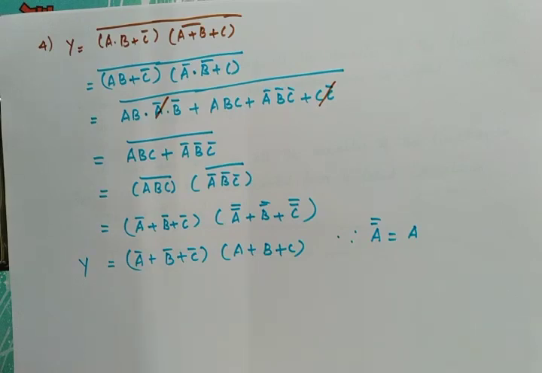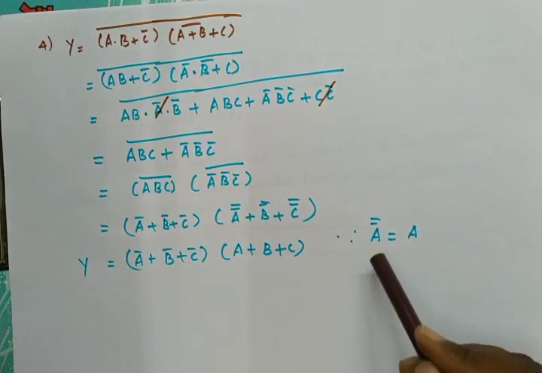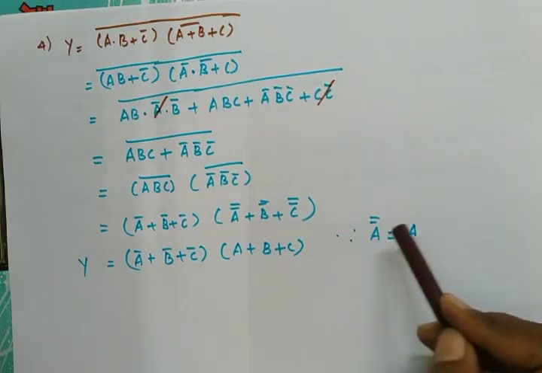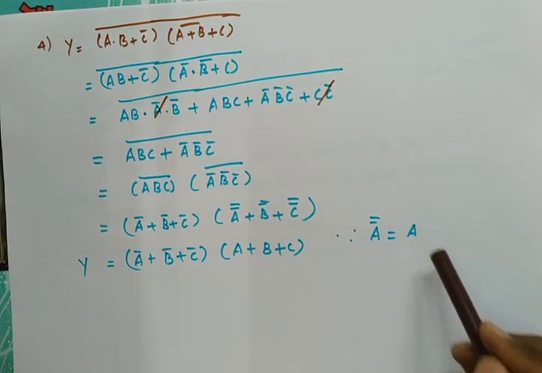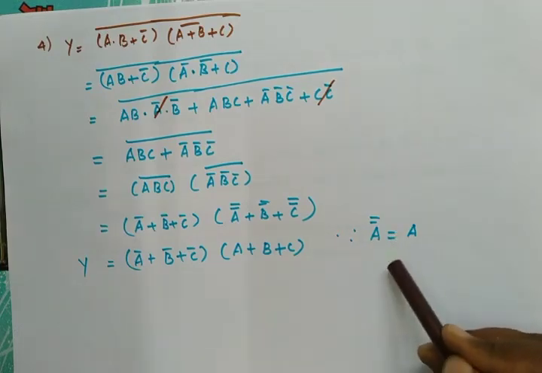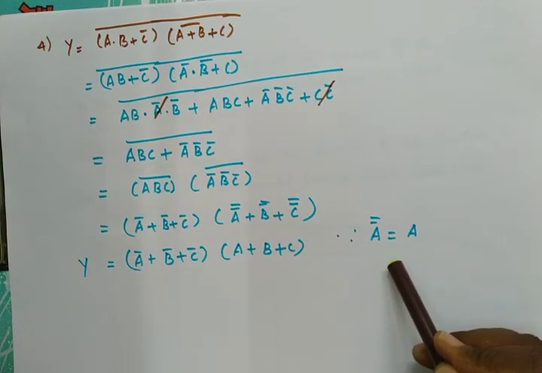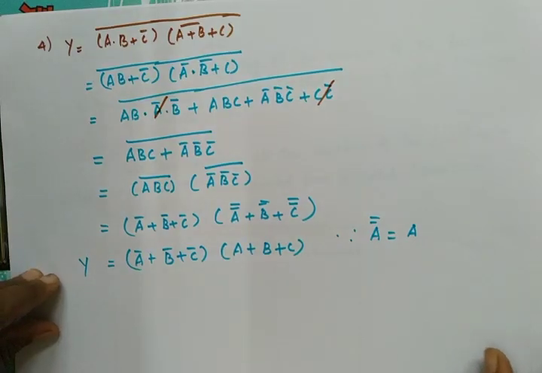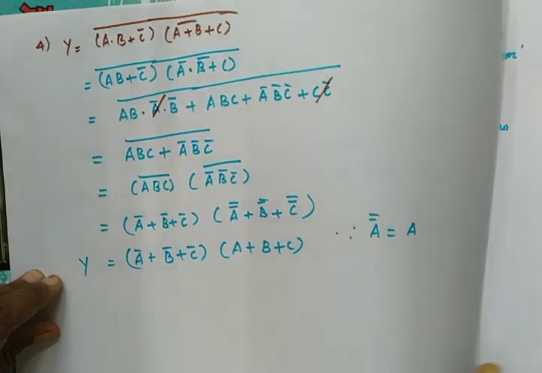Now what is the difficulty we found in this? If we want to minimize this by using Boolean expressions, we have to remember these Boolean laws, that is a double bar is equal to a, 1 plus e is equal to 1, etc., and De Morgan's theorem. So every theorem we have to remember. So that is why we are going for the next minimization technique, that is the Karnaugh method. That is your next Boolean minimization technique.